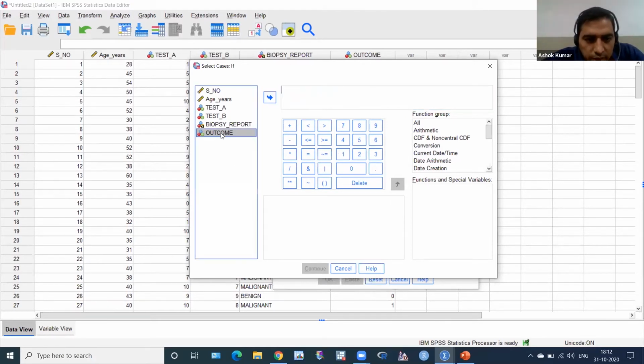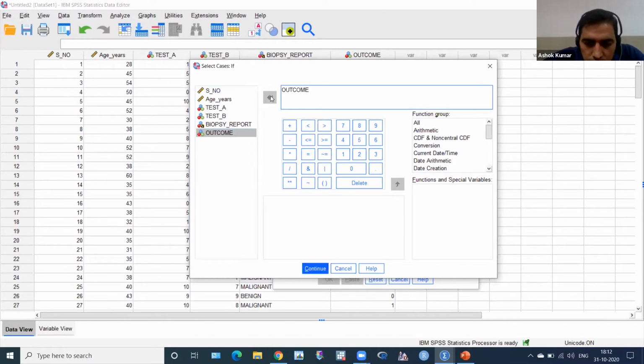Click on outcome here. This is arrow, then is equal to, I now type from my keyboard, is equal to, and then 1. Then this vertical line is called or, and then outcome. You can type outcome, there is no problem, spelling must be same, OUTCOME, okay.